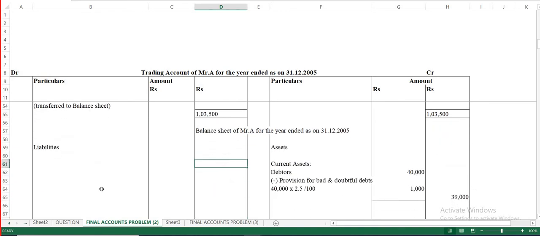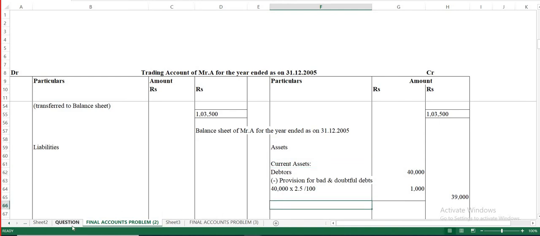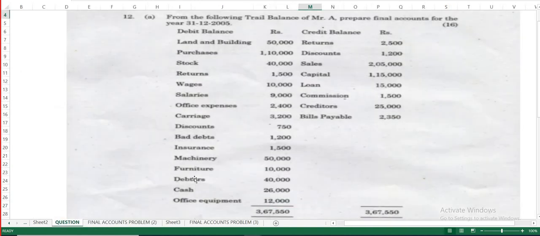Next, moving on to the balance sheet. In the balance sheet, current assets I have already noted down. Other than that, any other current asset items, you can mention. Cash is there, that is a current asset. Go through once fully, right from the beginning. Land and building is a fixed asset, you have to show it under fixed assets. Machinery also under fixed assets. Furniture, fixed asset. That we have shown.